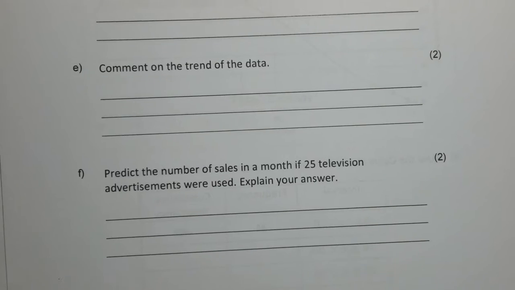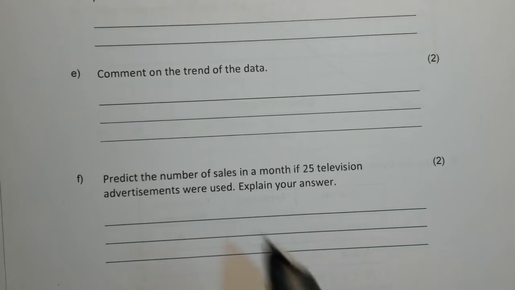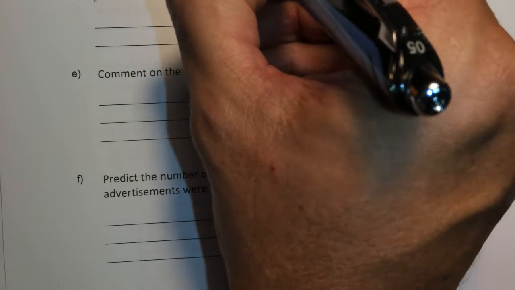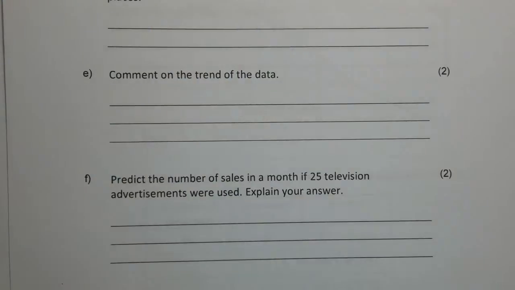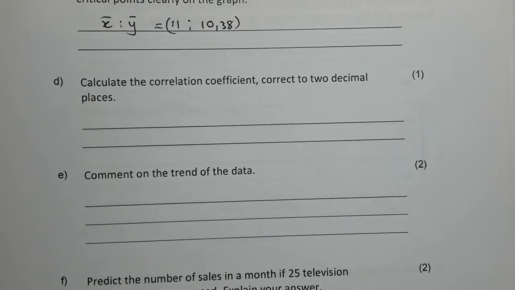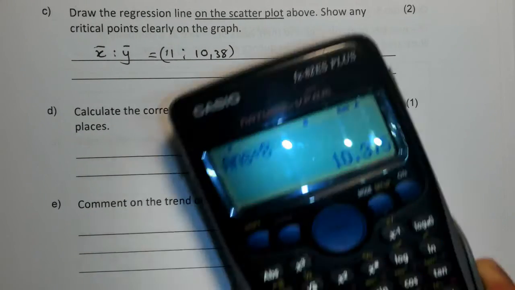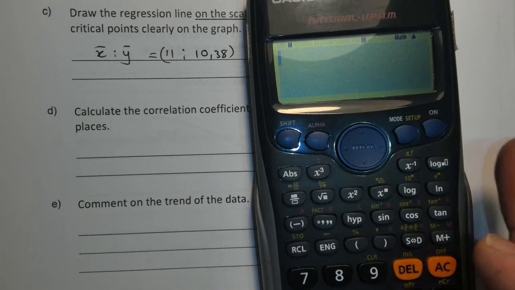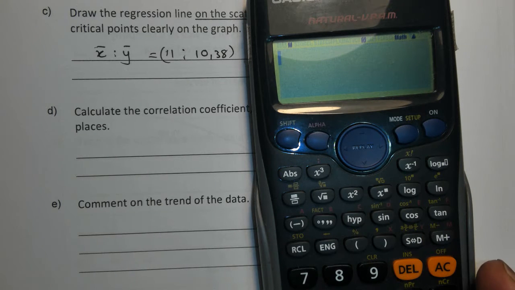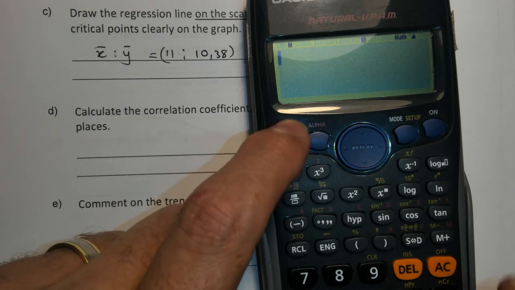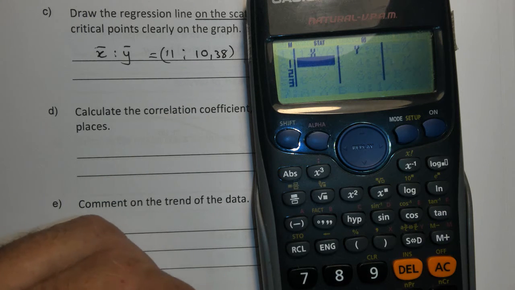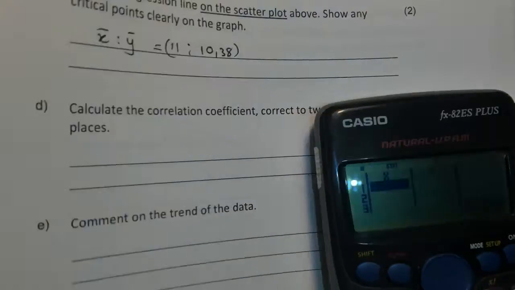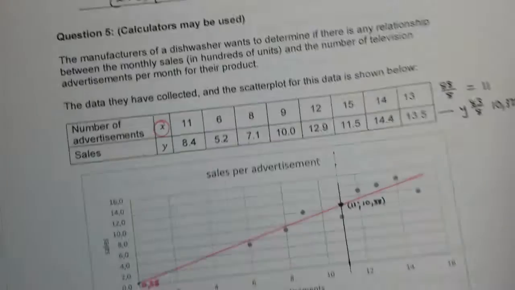Okay, so this here was 11, 10,38, and the y-intercept we've got. Now calculate the correlation coefficient of your data. Okay, so we go back, and I've now cleared. I can't believe I've cleared this. So I've got to go back and go mode, stat, and I've got to go to variable analysis. Oh my goodness, and I've got to put all of this in again, but it's going to go quick,